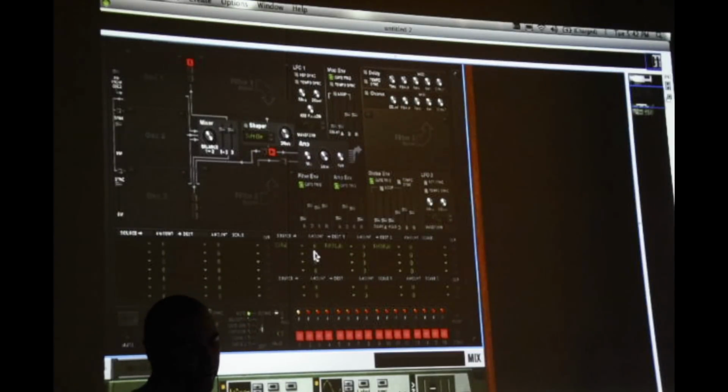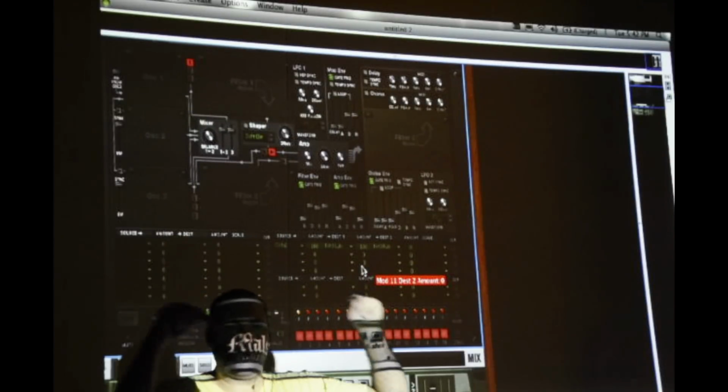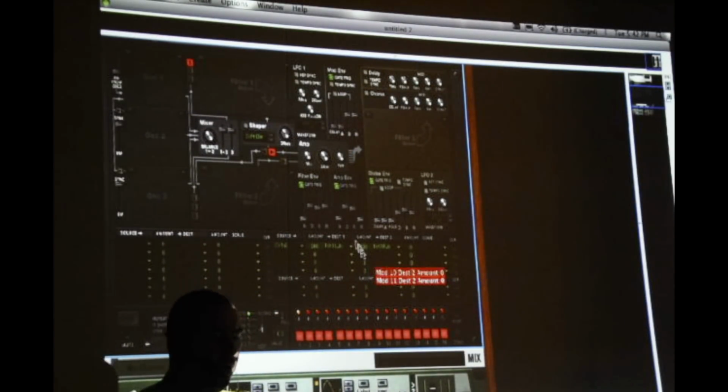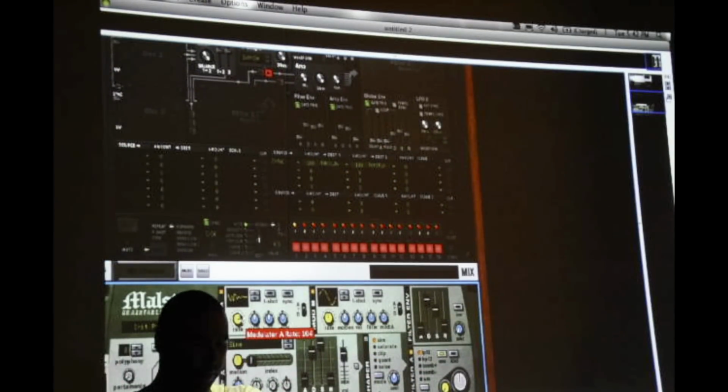Now, of course, in order to hear it, you've got to turn it up. So we'll give our value of 100. Now, why did I use filter 3? Because filter 3 is in the global section, and it's always on. I don't have to trigger a node in Thor or anything like that. It's just on, it's passing audio. So now we're hearing this guy. And as I turn my rate up,